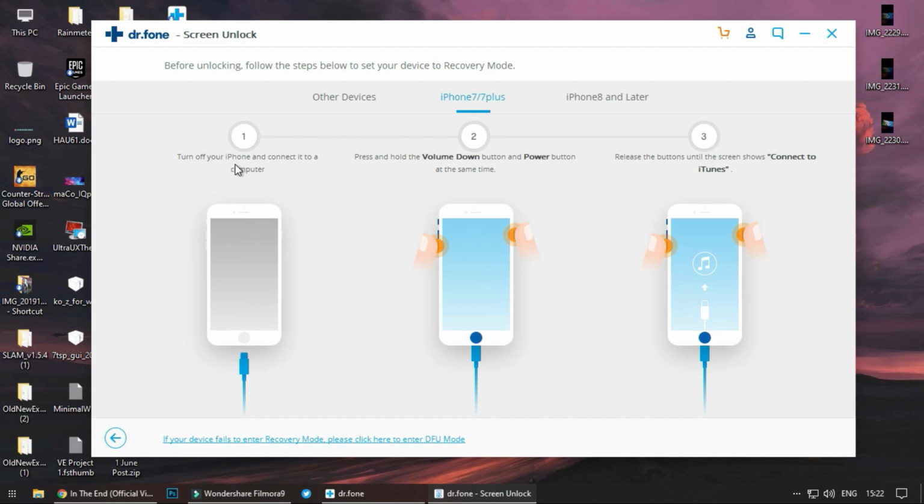For iPhone 7 and 7 Plus, you will press volume down plus power button once it is powered off, as it lacks a clickable home key. You can see the instructions on the Dr. Phone screen. And for iPhone 8 and above, you can see the instructions on the screen. These are kinda complicated.